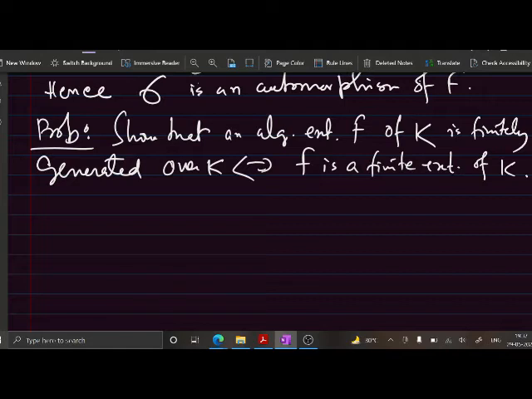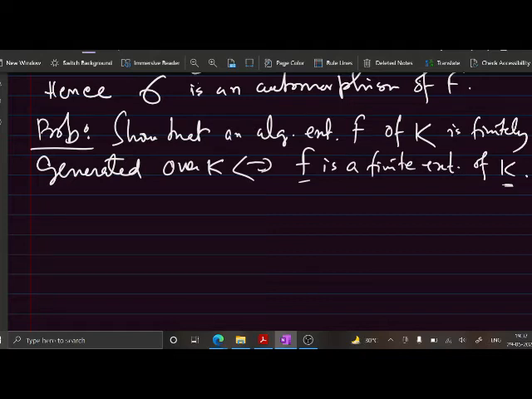ফাইনাইট এক্সটেনশন মানে F হচ্ছে ভেক্টর স্পেস, F ওভার K ইজ ফাইনাইট ডাইমেনশনাল। তার মানে একটা ফাইনাইট বেসিস আছে। সাপোজ এন নাম্বার অফ বেস ভেক্টরস। তাহলে ওই বেস ভেক্টরগুলোর সাথে তোমার এই বেস ফিল্ড K অ্যাড করে দিলেই হবে। ওটাই হয়ে যাবে F, তাই না? এটা জাস্ট ব্যাপারটাকে সাইড করা, আর কিছুই না। ওকে,